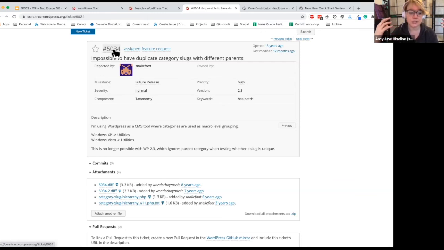It's also good to keep that in mind because some of the naming conventions for our patches use that ticket number as well. And that's in a future workshop. You can see that this was opened 13 years ago, but was last modified a year ago. So again, it goes back to being patient. Not every